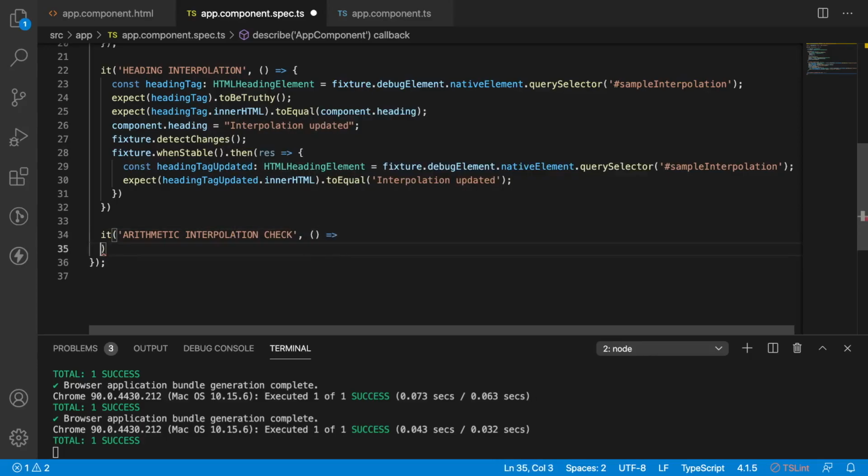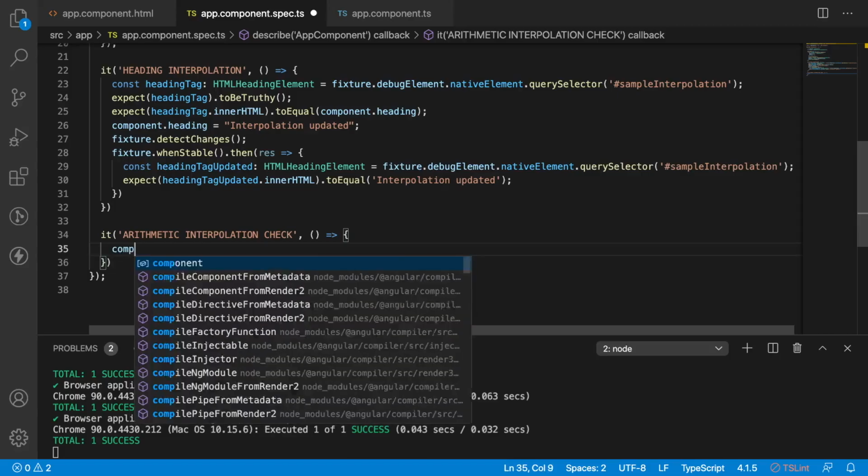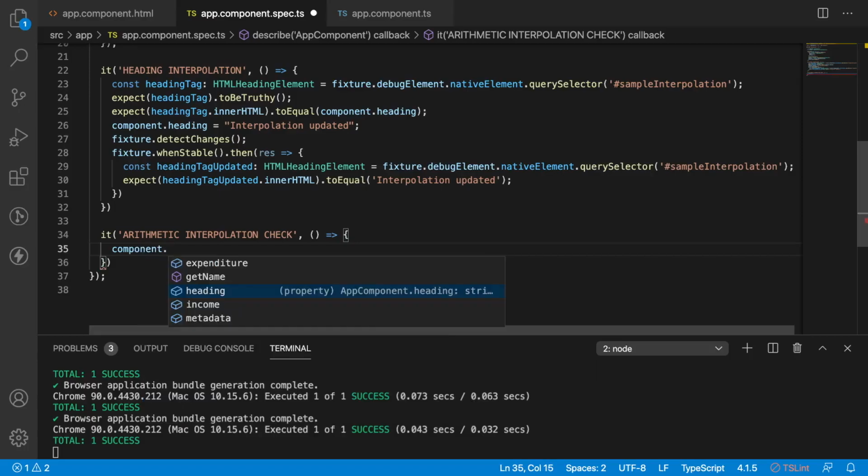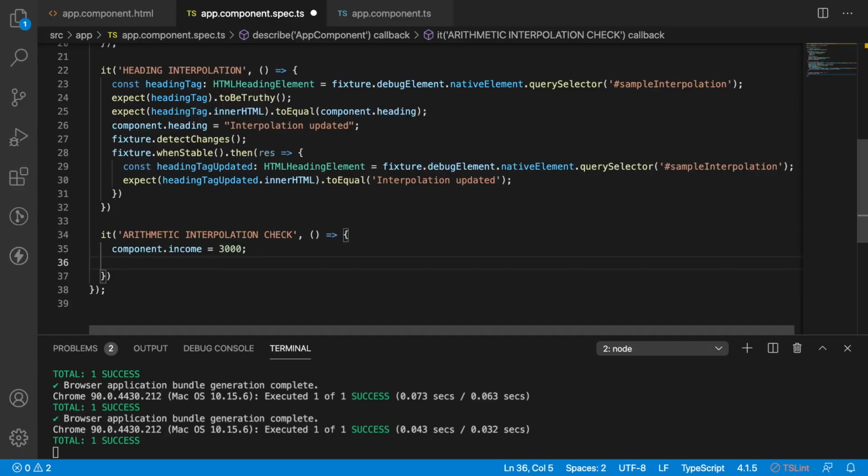In this callback function, let's try to find the interpolation values. Instead, we can give our own values for our income. Component dot income is equal to 3000, and component dot expenditure equal to 2000. So the expected value is 1000.